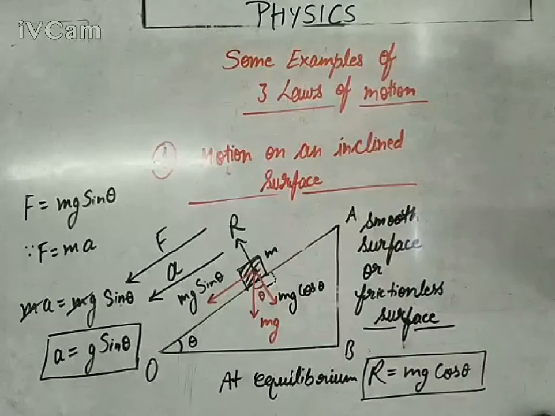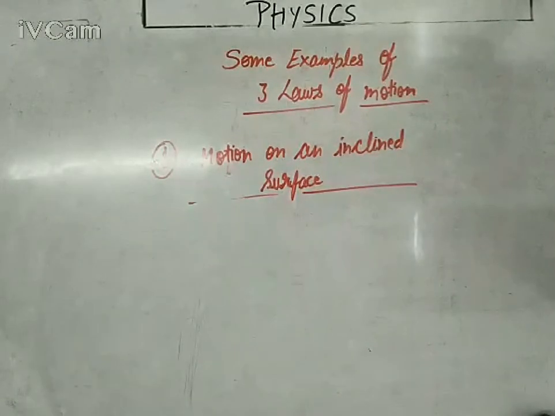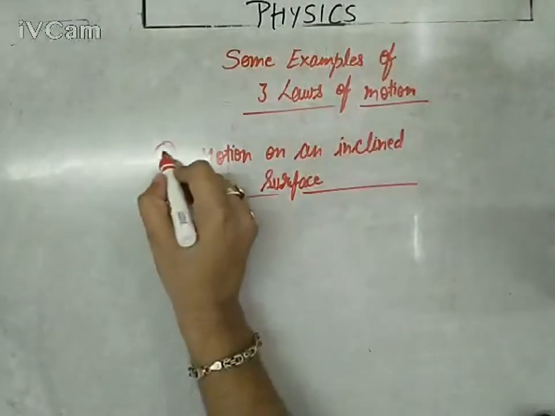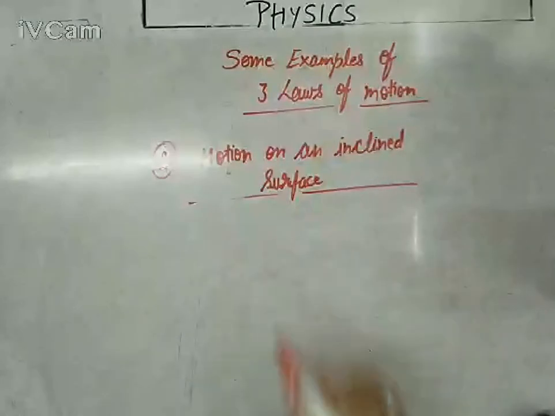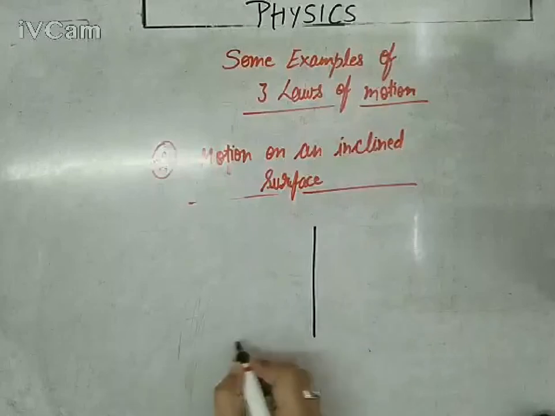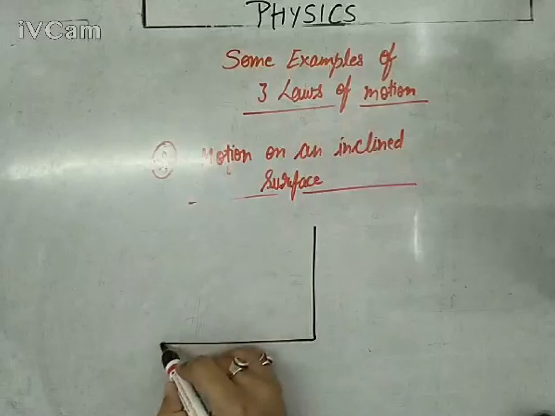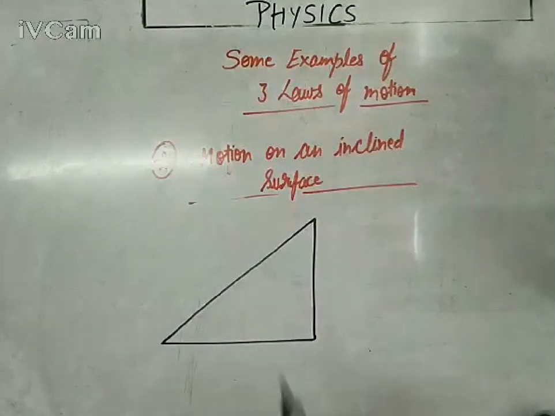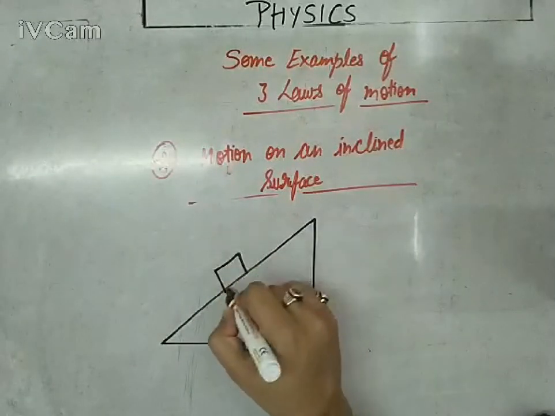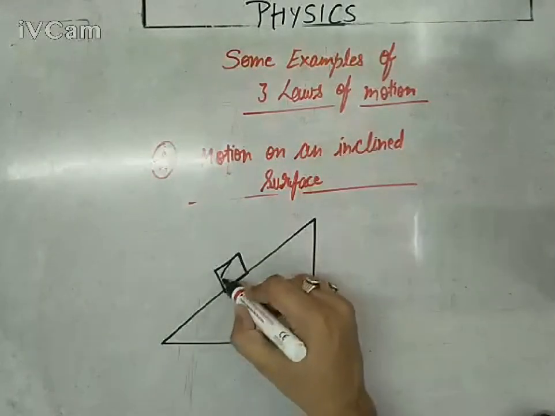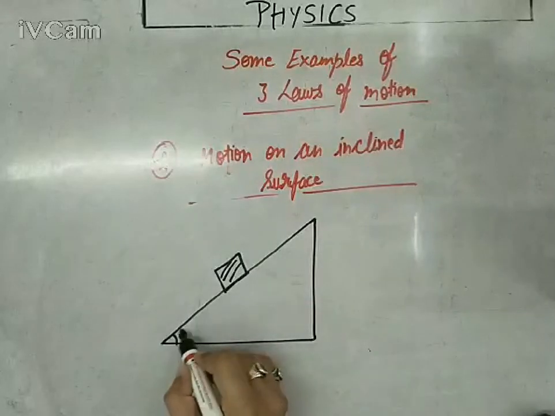Now the second situation is upward motion on an inclined surface. The second possibility. On the given inclined surface, it is still smooth. We are not introducing friction right now on this inclined surface. So obviously we have to apply some force if we want to move this body in the upward direction, because its weight will always try to move it in the downward direction. Keep this in mind.